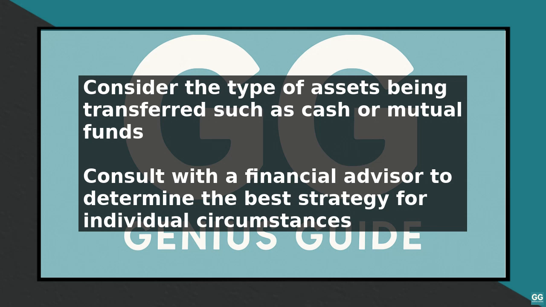You can also consider a trustee-to-trustee transfer, which allows you to transfer assets from one retirement account to another without incurring taxes or penalties. When transferring assets, it is essential to consider the type of assets you are transferring. You can transfer cash, stocks, bonds, and mutual funds to your Morgan Stanley Roth IRA. However, it is best to consult with a financial advisor to determine the best strategy for your individual